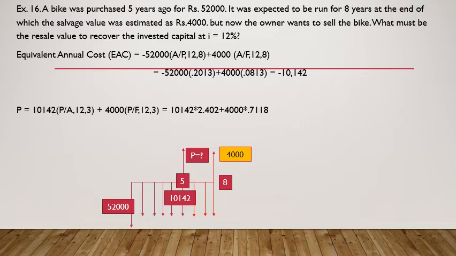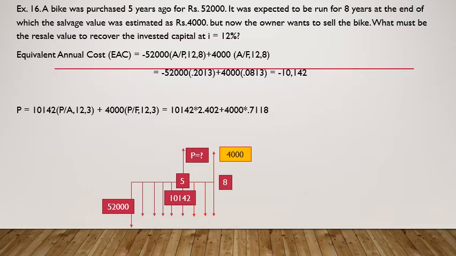So what should I do? I need to convert these 3 unrecovered A, that is 10,142 of the 6th year, 10,142 of the 7th year, 10,142 of the 8th year. These three things I have not yet recovered. 10,142 from 1 to 5 I have already recovered, because I have used the bike. I have not yet used the bike for the 6th, 7th, 8th, these 3 years. So that much value still remains in the bike.